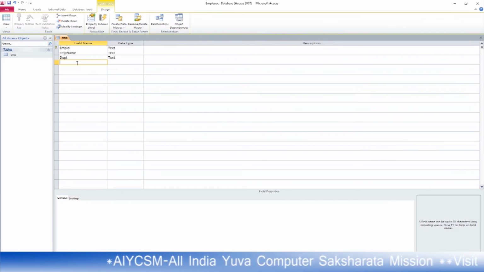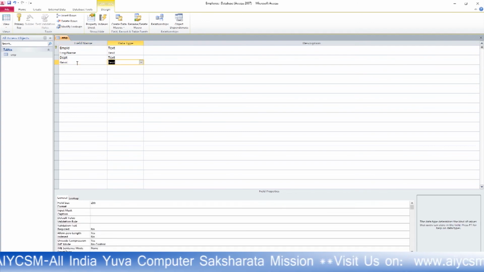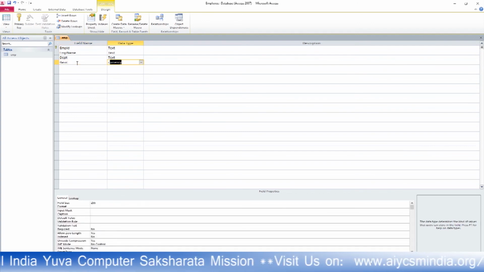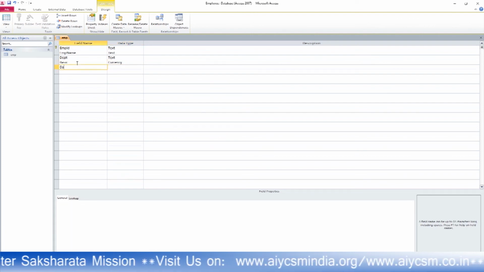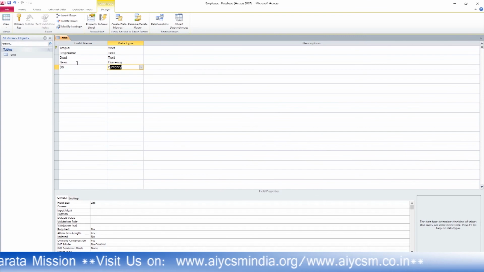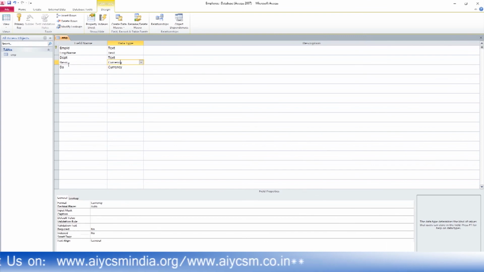It will restrict it within these 3: sales, account and stock value. Now the basic is not text type. It is just like currency. If you press C, it will take it as currency. Now DA is daily allowances, it is also currency. Now I have to do some process in this basic field.